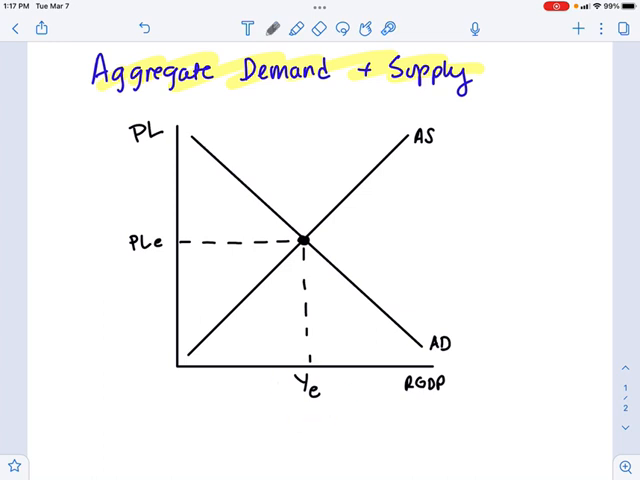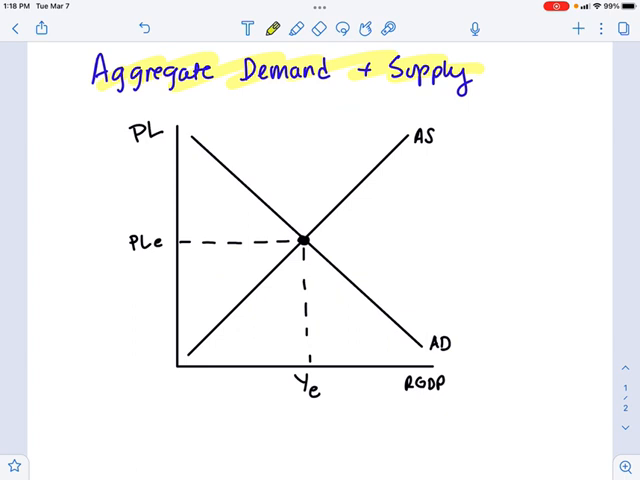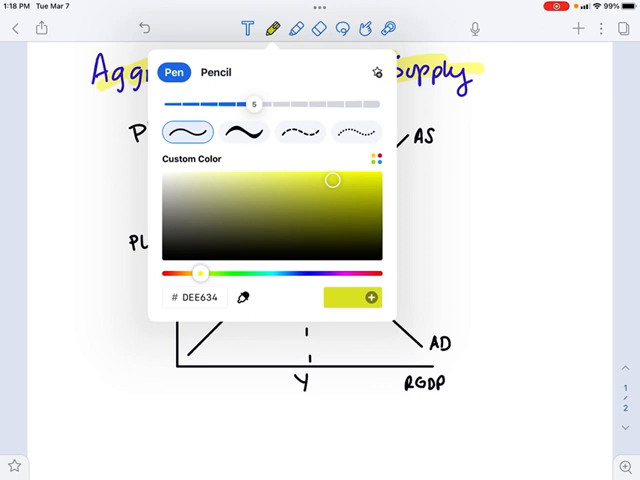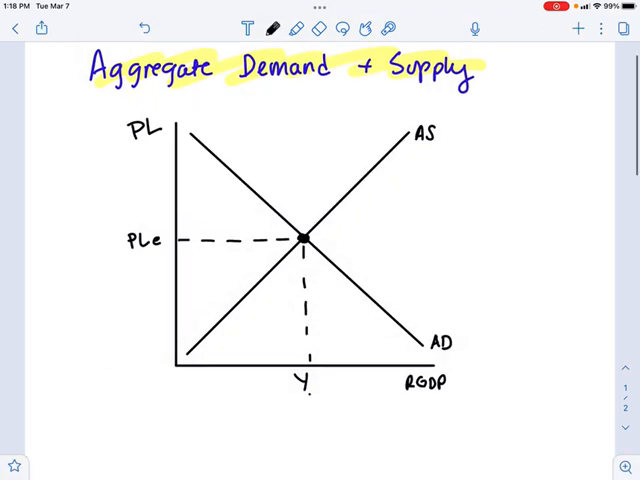Just like in Unit 1, we're going to be moving these lines. Let me change my color here. We're going to be moving these lines to the right to show increases. We're going to be moving these lines to the left to show decreases. So the rules are the same. The labels are slightly different. And that's where we're at. Just going to change this. I erased that by accident. And that's your little tutorial on how to